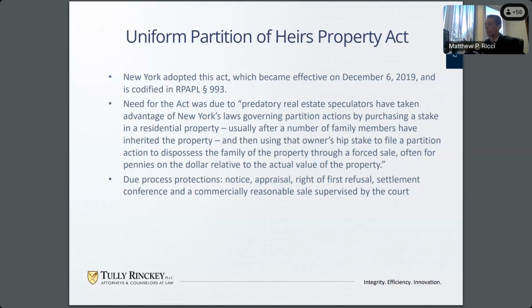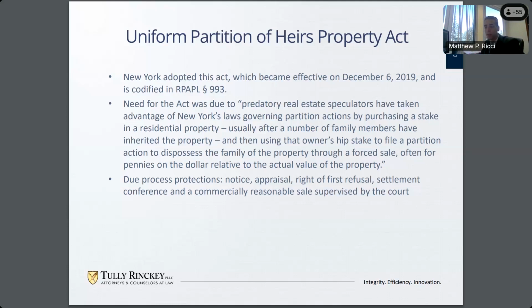It's interesting, I took a quote. The quote here is from the New York State sponsor memo, which really discusses the reason as to why this act was adopted and what was going on in New York that really was the catalyst for this. Essentially, the sponsor memo explains that there was a growing problem involving, and I love this term, predatory real estate speculators. So, essentially people, whether they lived in New York or not, were trying to start businesses and